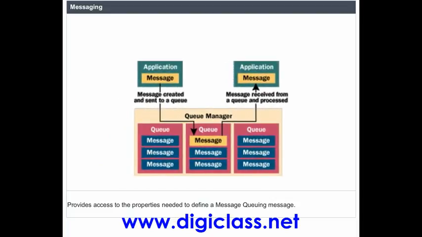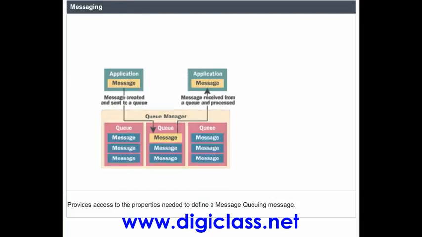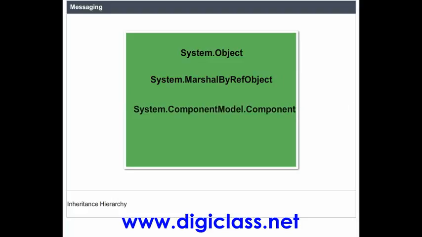Messaging provides access to the properties needed to define a message queuing message. Inheritance hierarchy: System.Object, System.MarshalByRefObject, System.ComponentModel.Component,